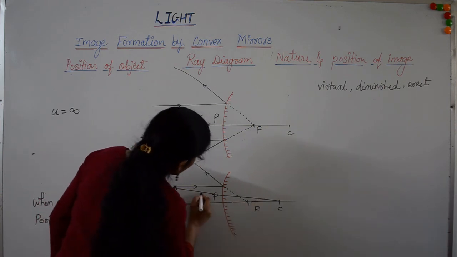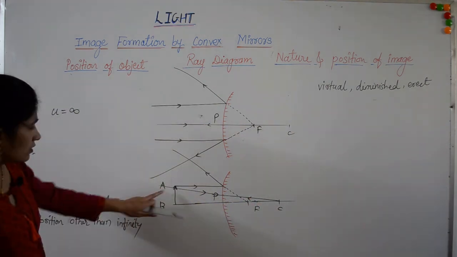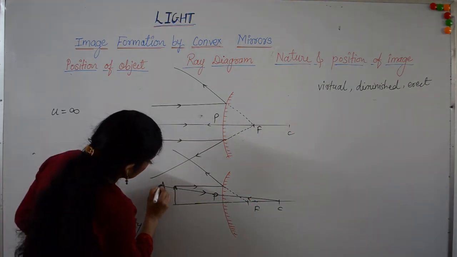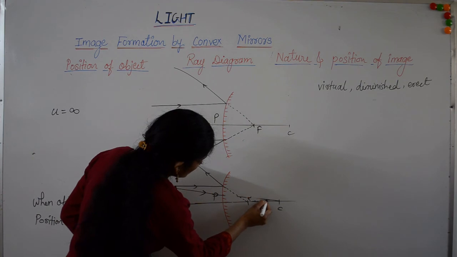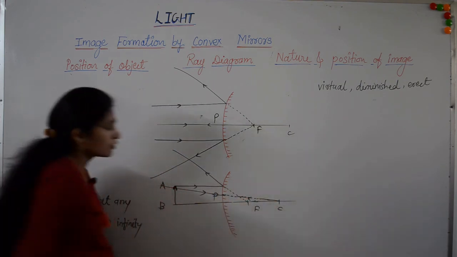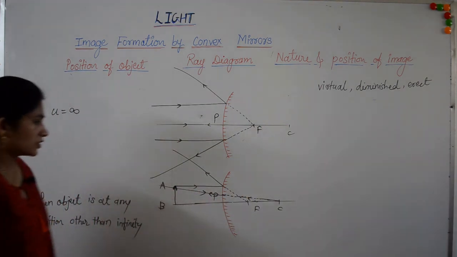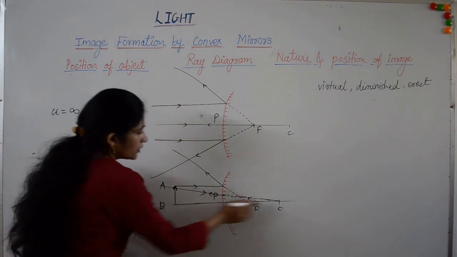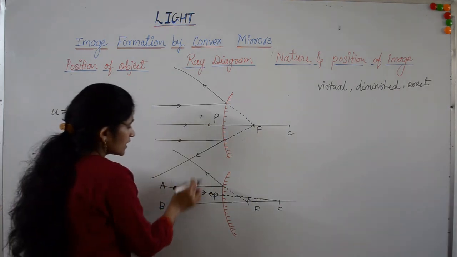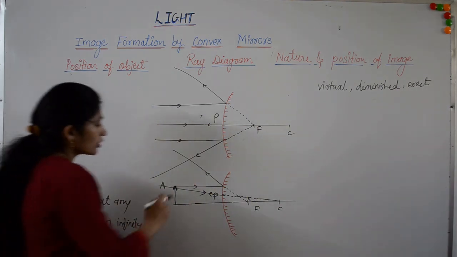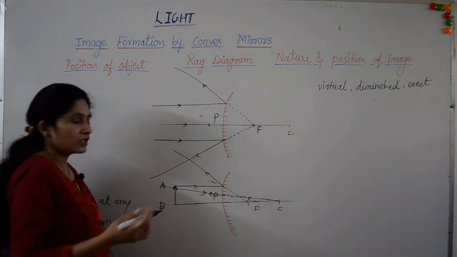The second ray which passes through the center of curvature gets reflected in the same direction. The second ray which is incident from this point A on the mirror appears to pass through the center of curvature. It gets reflected in the same direction. Now these two reflected rays, they do not meet. So in order to meet them, we have to extrapolate them. If we extrapolate, it means we have to extend them behind the mirror so that they intersect.